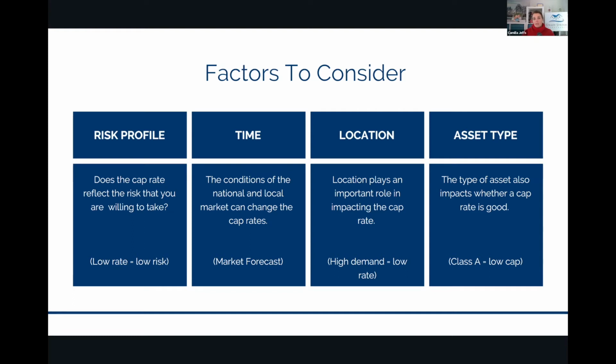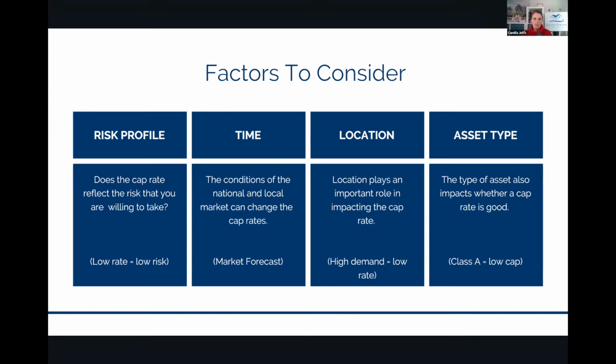Then the other thing to consider is the asset type. So if you're buying a Class A, Class A is like a brand new construction, has all the bells and whistles, really cool amenities, has a butler, all those fun things. That will be a much lower cap rate than, say, a Class C asset, which is your older. They're typically built in the 70s or 80s. They need a lot of renovation. The buildings are just getting old, and so there's more risk associated with that. And therefore, the cap rates will be higher. So even though the Phoenix market has a general cap rate, within the asset types, there's going to be different cap rates as well.